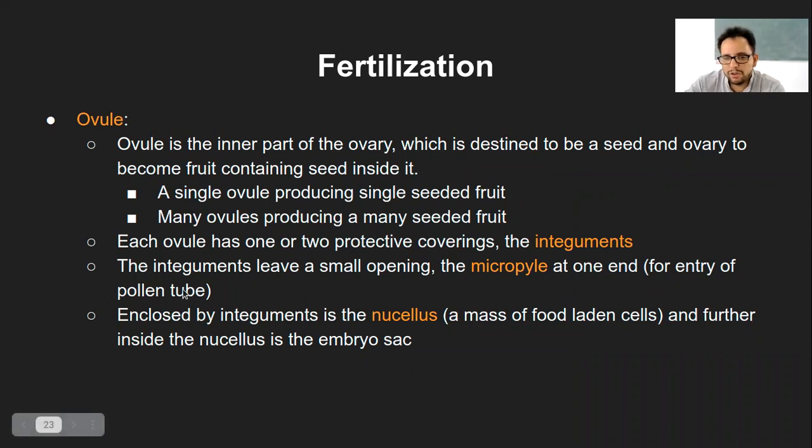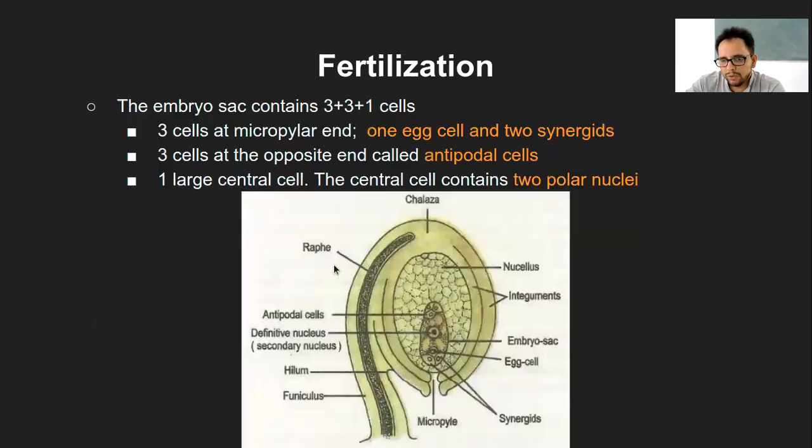We had seen what the pollen tube is, which comes out of the pollen grain, and then it has to enter through the micropyle, which is the opening in between the integuments. You can see this is the opening within the integument, that is called the micropyle. We will see what happens to this, because it is very much visible in the fruit. We will see all those points, so this will become more clear there. But as of now, remember integuments are coverings, and a small opening between integuments is called the micropyle, through which the pollen tube will enter inside for the fusion or the fertilization process.